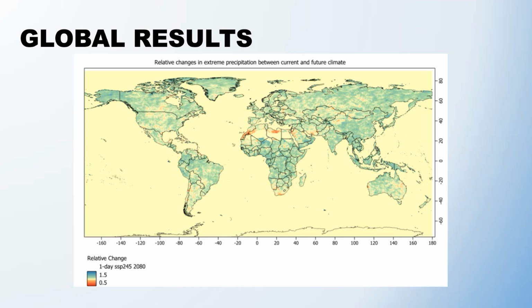What is the 1 day extreme precipitation at 10-year return period under climate scenario SSP 245 and target year 2080? Now, there's a couple things to note here. Even for the single output, I already had to specify 5 different specifics about this map. It's 1 day, 10-year return period, SSP 245, target year 2080, and a certain spatial size